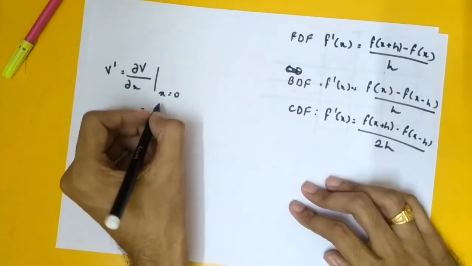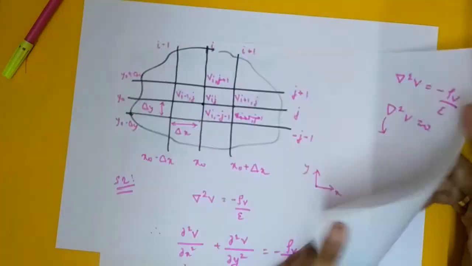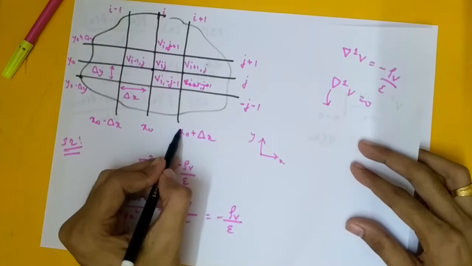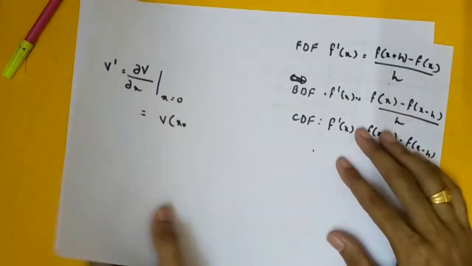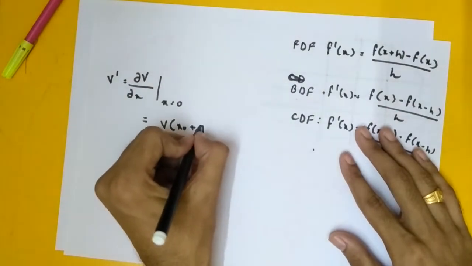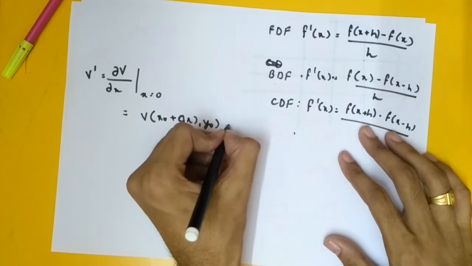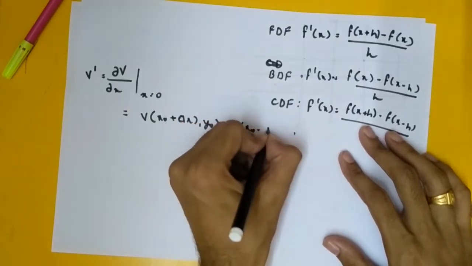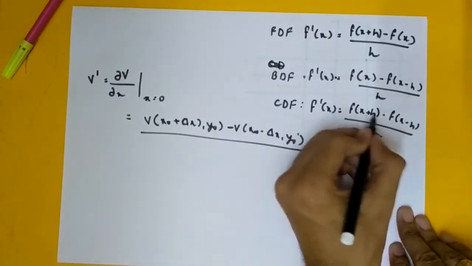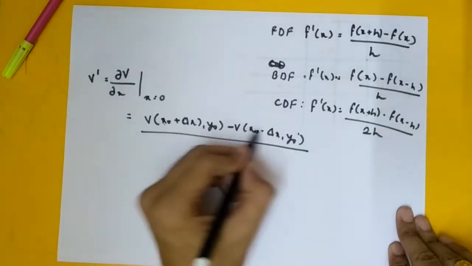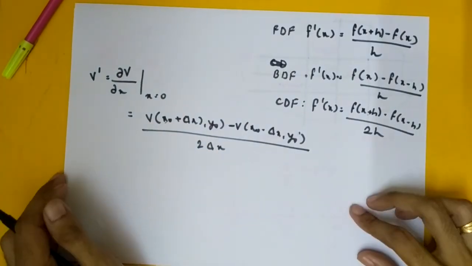So my function is voltage. So v of x naught. So I am trying to find here. इधर का point क्या है? x naught plus delta x. Central difference formula. पिछला क्या है? x naught minus delta x. So v of x naught plus delta x comma y naught. If you don't write the y naught term, it is fine. Minus v of x naught minus delta x comma y naught अपॉन क्या होता है? If you see here, it is the difference of these terms in brackets. So ये दोनों का डिफरेंस क्या रहेगा? 2 delta x, right?